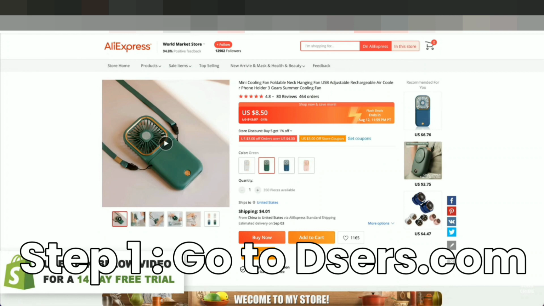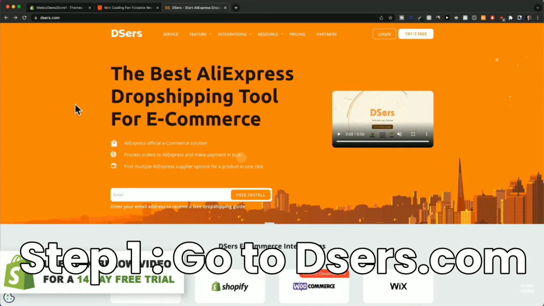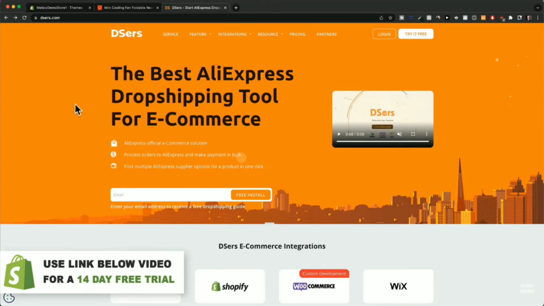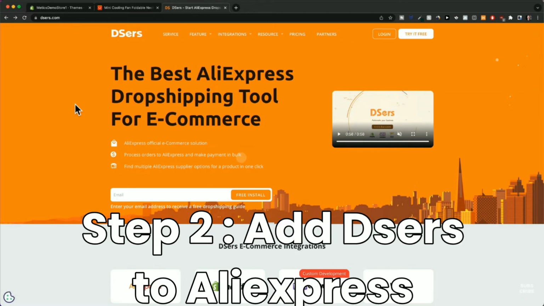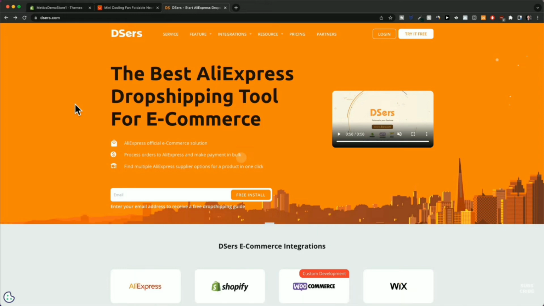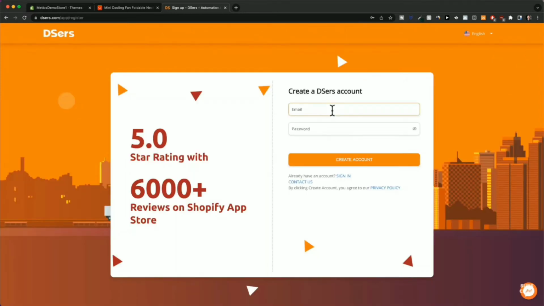So you can enter deezers.com to help you import products from AliExpress to Shopify dropshipping. Now click try it for free at the upper right corner and then create a Deezers account,